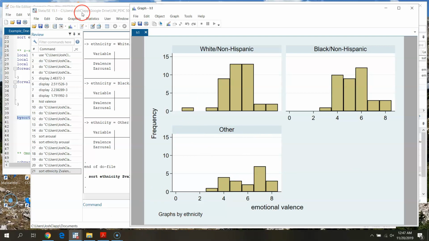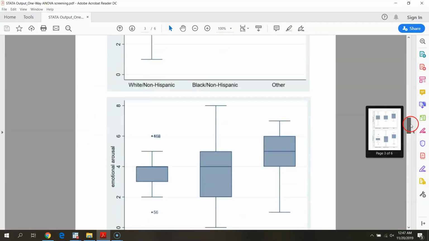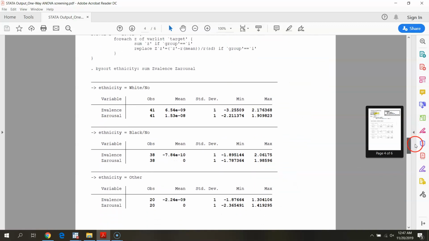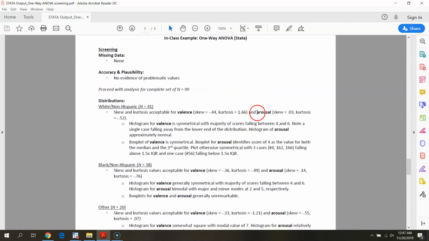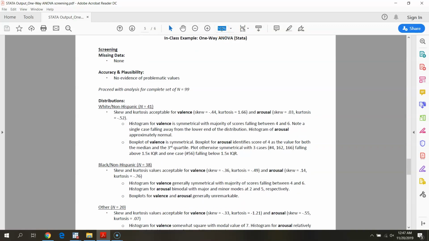Okay, so the only other thing we would want to do in terms of our screening for this one-way ANOVA would be to check our homogeneity of variance assumptions, but we'll do that in the next video when we're actually running our analyses. Again, if we go back to our handout, all of this is documented in the handout for you, and then finally the only last thing we would do is